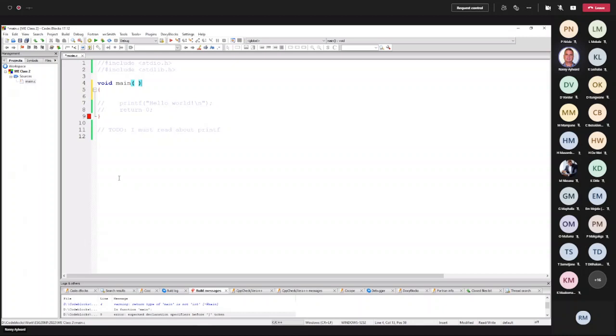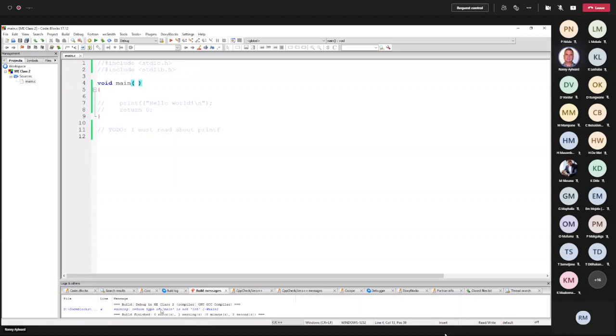Okay, so you can see that the structure is very important, and if you omit any one part of the structure, then the compiler is going to say, hey, something is wrong. So let's just recompile. And now you see everything is good. It says the build is good. It does give a warning.